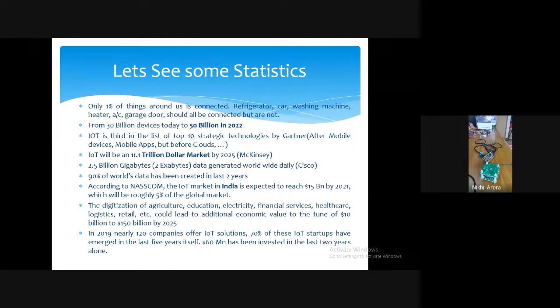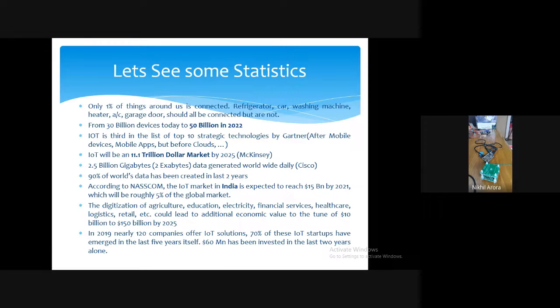See, in India, there is a body called NASSCOM, which keeps doing surveys and is also a regulatory body. In India itself, it is a $15 billion market. $1 billion is 7,000 crore rupees. So you can imagine how big the market is. Digitization of agriculture, education, financial services, health, machinery, all those things are going to add economic value. See, you are going to make the process efficient. Once you make the process efficient, it is good for the nation.